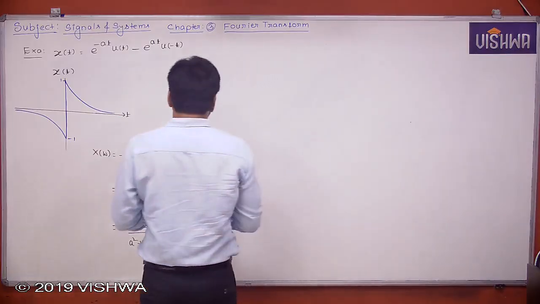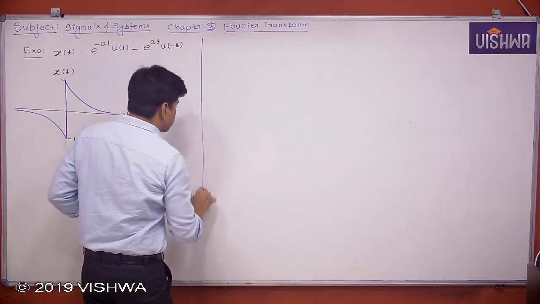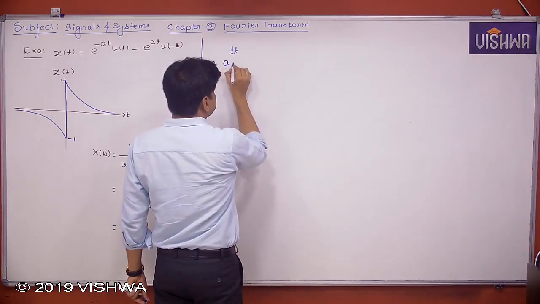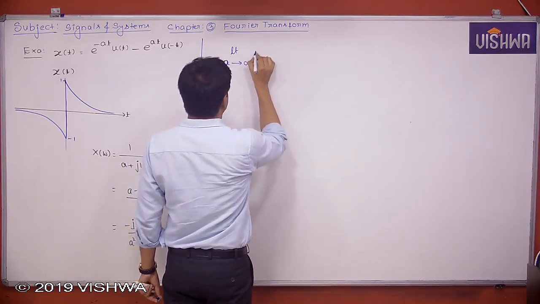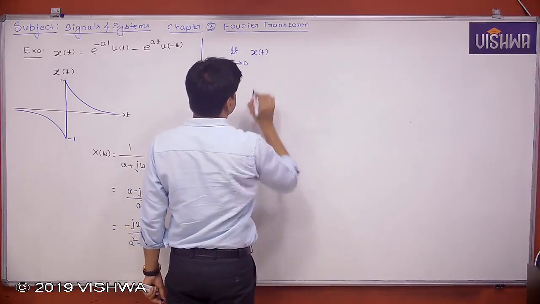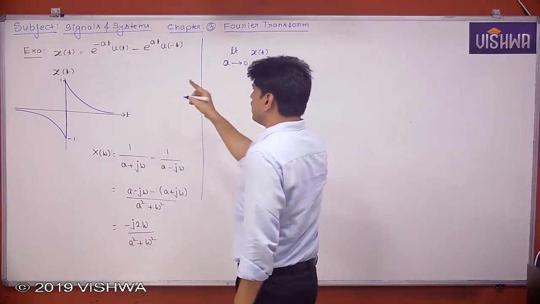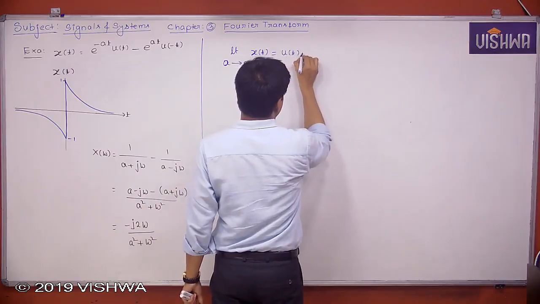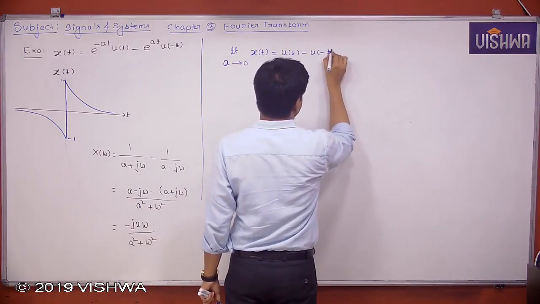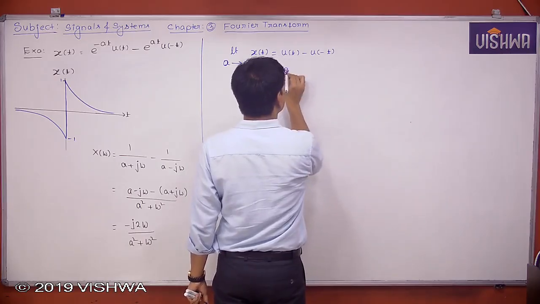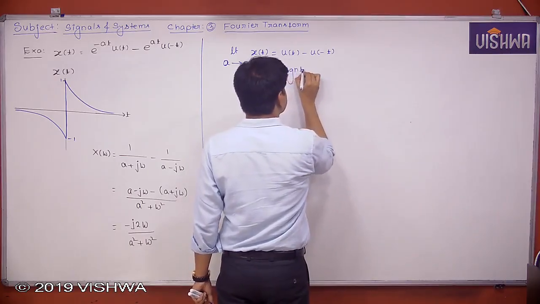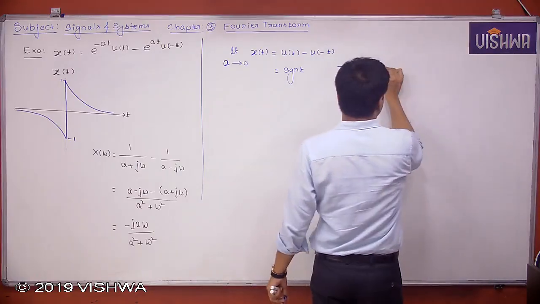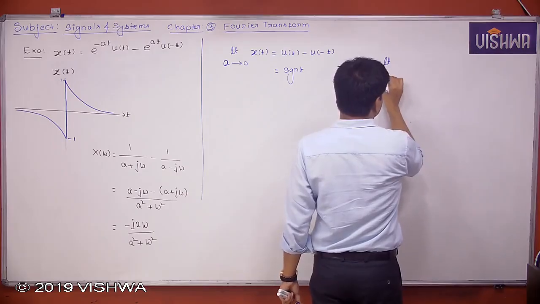Now let's take the limit a tends to 0 of x of t. That will become u of t minus u of minus t, which is nothing but signum t. For this one, I have to calculate the Fourier transform. Then what we have to do? Limit a tends to 0